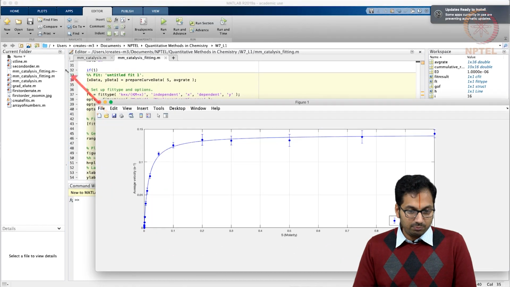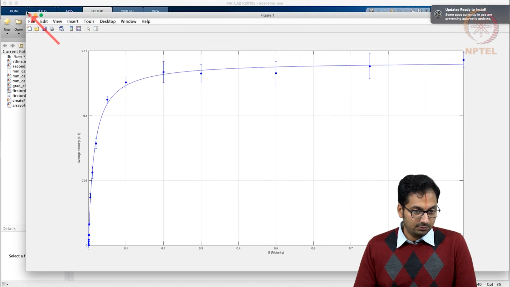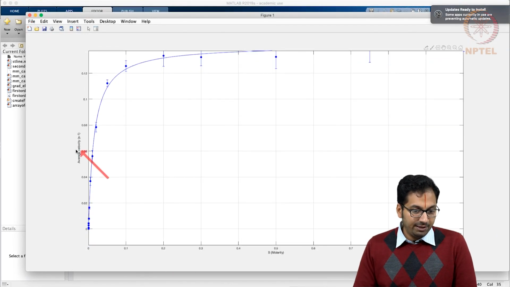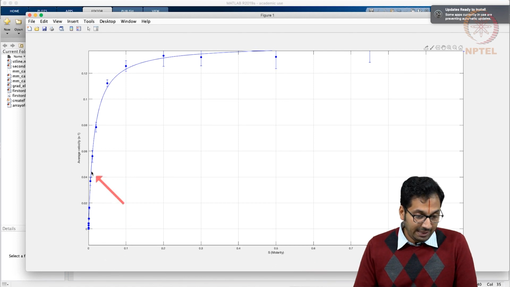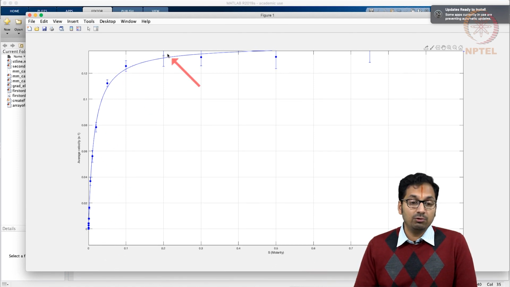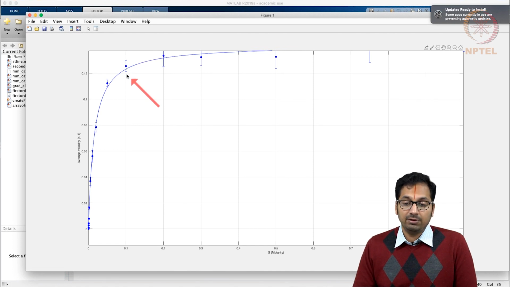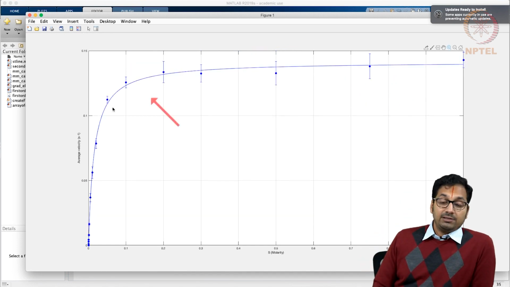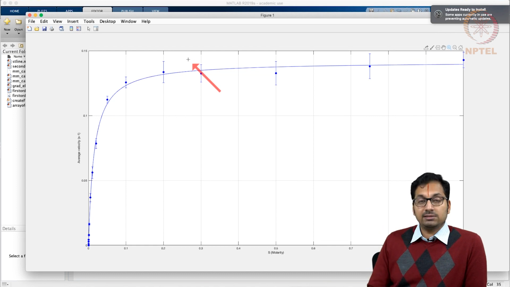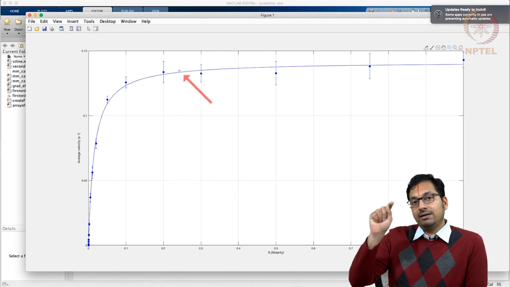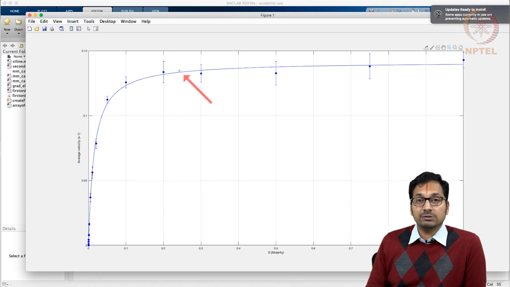It's able to plot the average velocity as a function of substrate concentration, and it's showing the fit in the blue line with the data points as blue circles and the error that goes with each of them. So one has to understand that the fit has to pass through most of the data points, and if you remember when I showed the CF tool, the fit did not pass through each of the points but was very close to it.